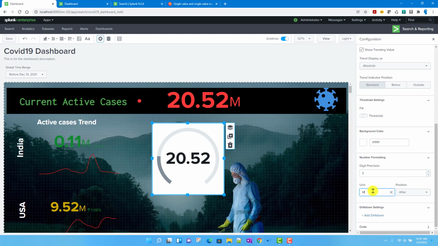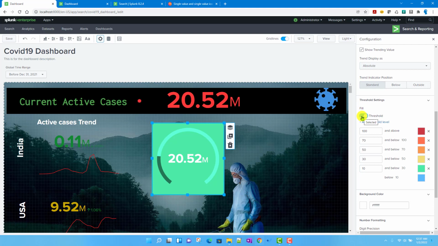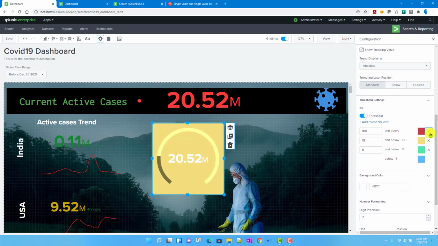For the unit, I'll just show it the way I have displayed it over here, correct? Now either you can choose the background color, or you can have some thresholding as well, which you can do. Here you can set the values like 5, 15, correct? Now I will just delete the other settings here as well.